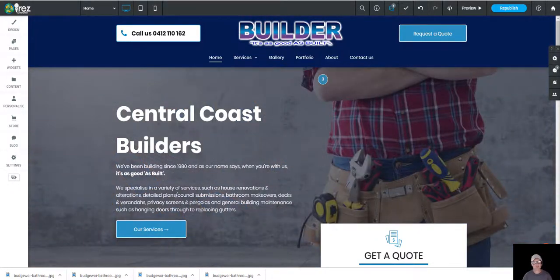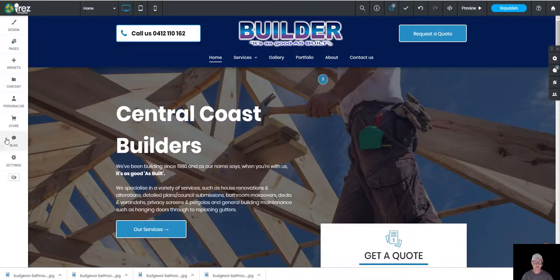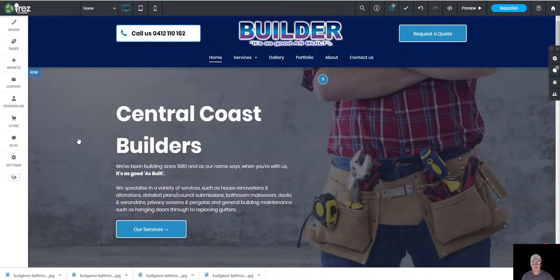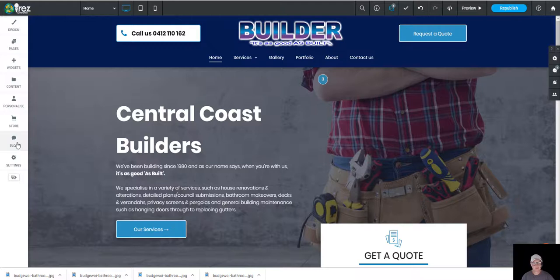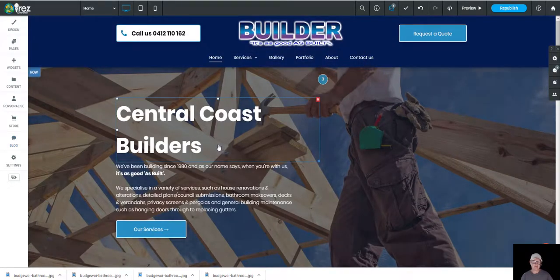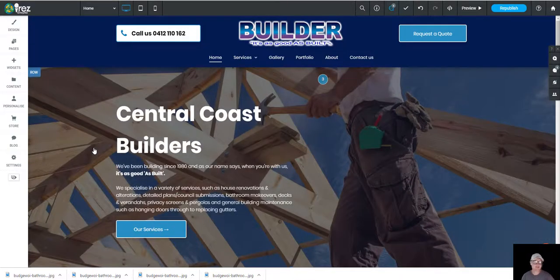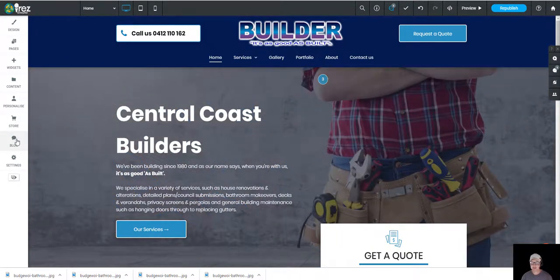I'm just going to show you the blog system here. Now the blog is fantastically flexible in getting content onto your site from any Irez built platform. It doesn't have to be limited to a blog necessarily. I've got people using it for portfolios for their staff, profiles on different artists and all sorts of stuff. So it can be quite flexible, and it's gone through an update recently, toward the beginning